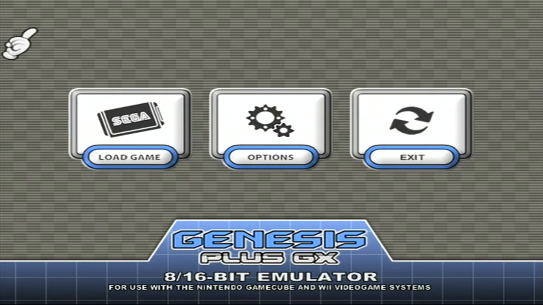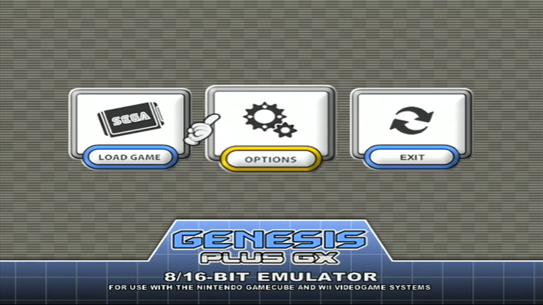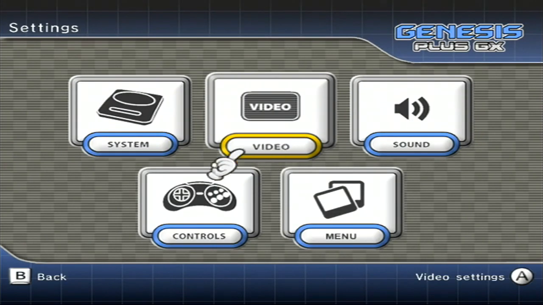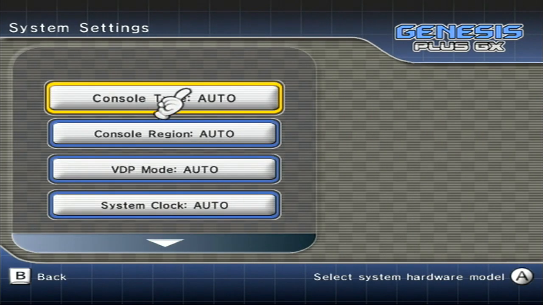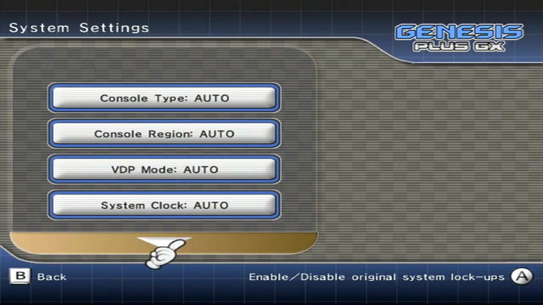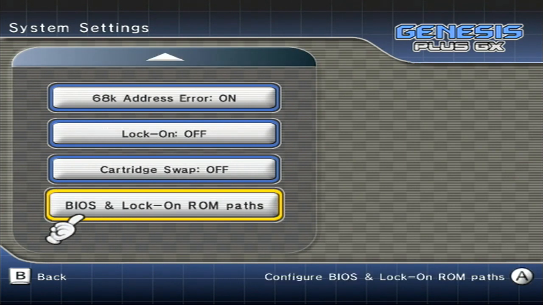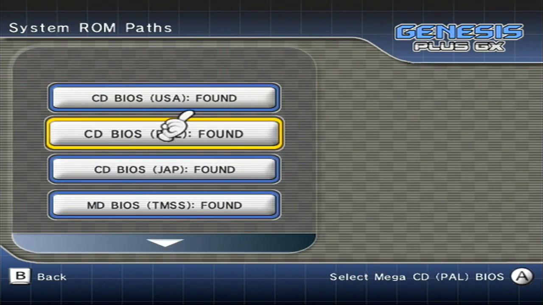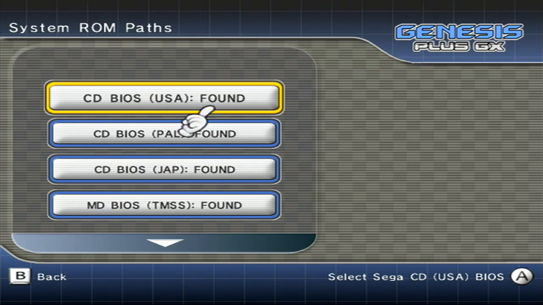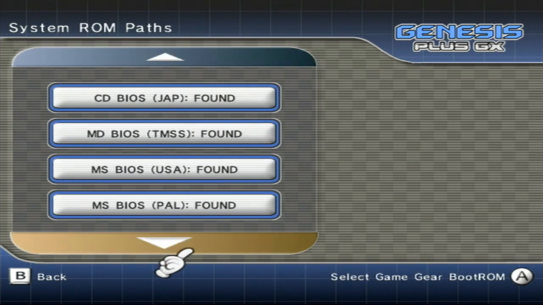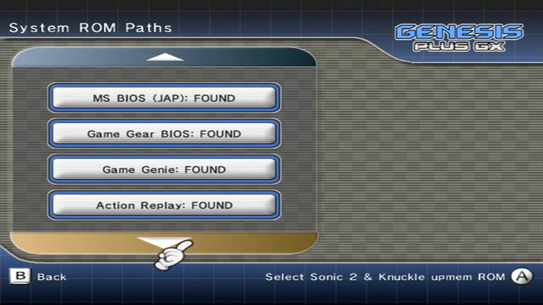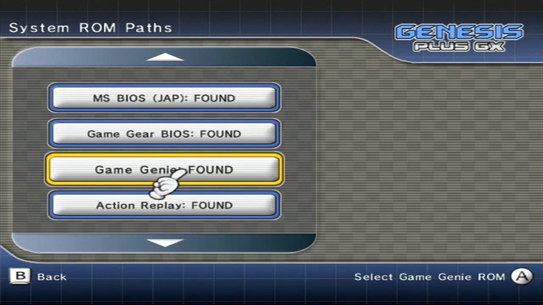Okay, so here we are, guys. First thing we're going to do is go into options here, go into system, and go all the way down to where it says BIOS and lock-on ROM paths. Click on that. These are your BIOS. Make sure they are found. If they're not, there's going to be a couple that won't be, like the Game Gear, Game Genie,